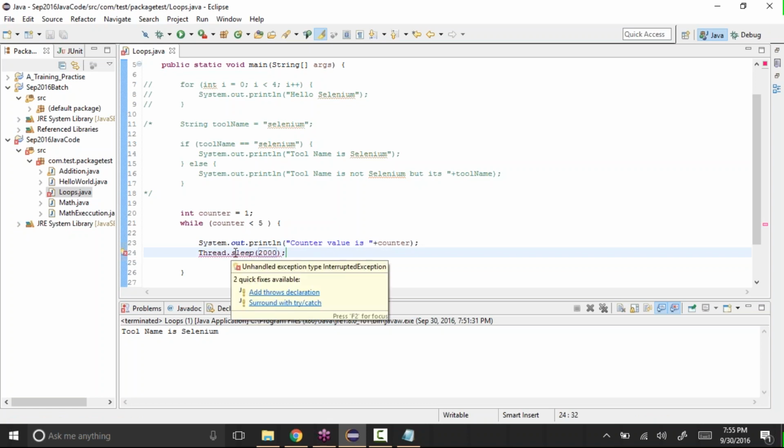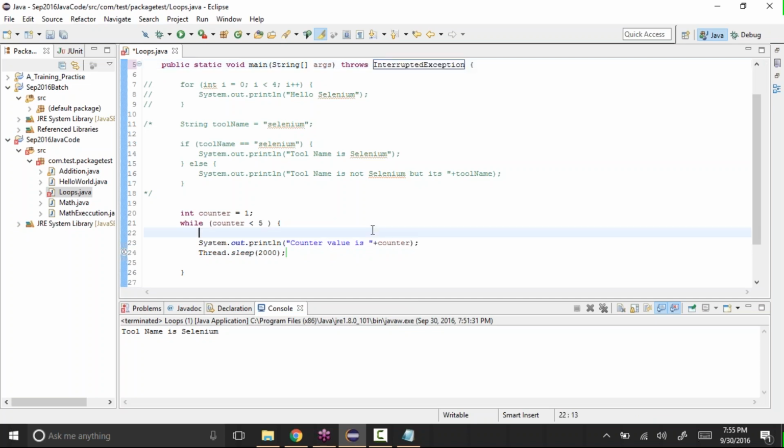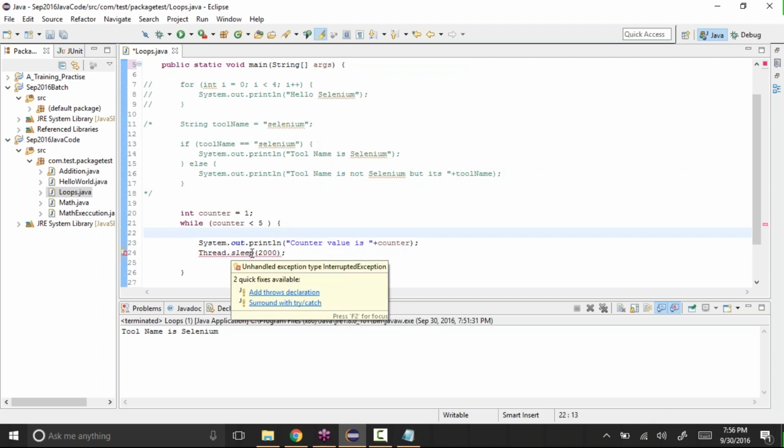Okay, so it's giving an error. It's asking you to add an exception. When I type Thread.sleep, it's giving me an exception saying unhandled exception type InterruptedException.